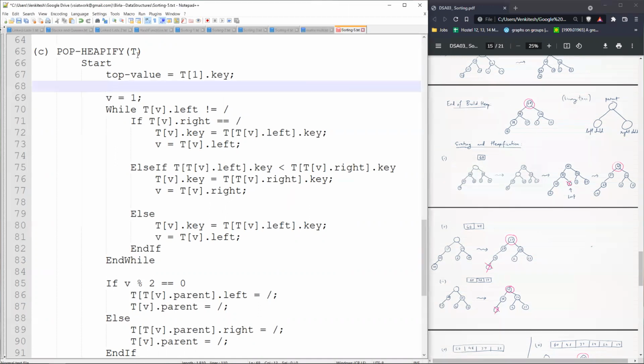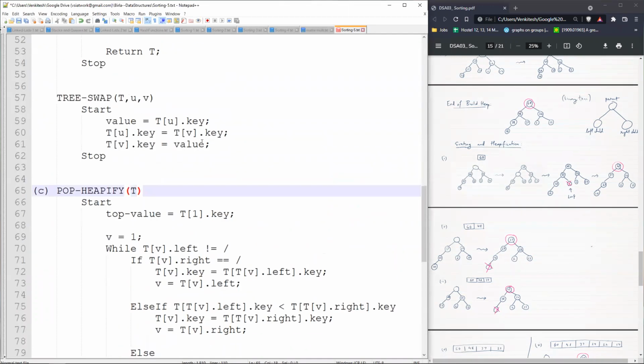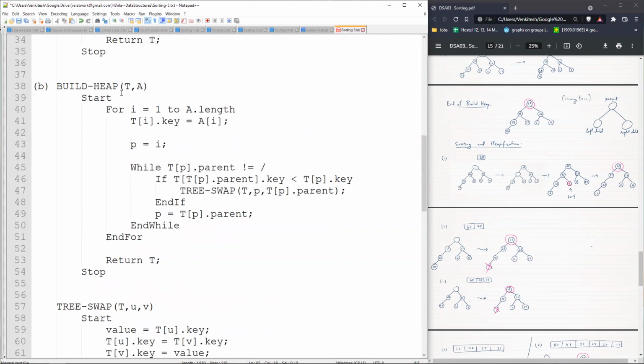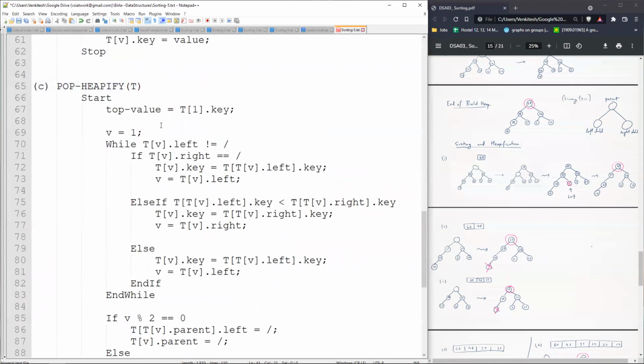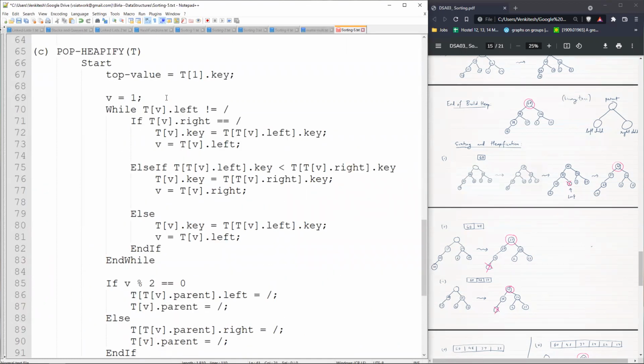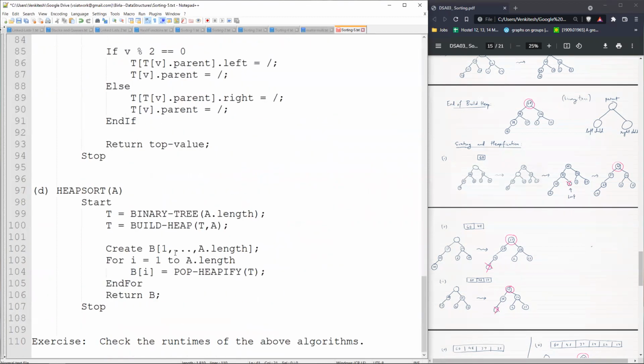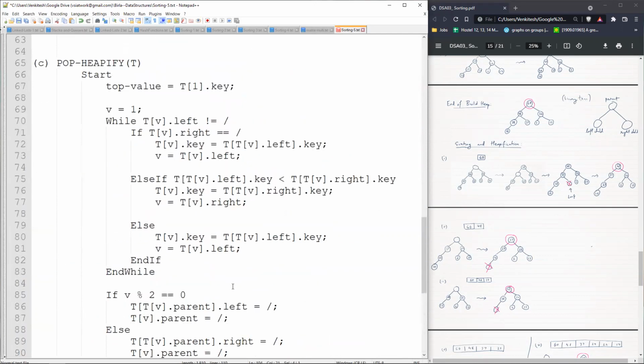So before this, we are at the end of build heap. We have the array A values entered into the tree T and heapified. So the heap property holds, build heap is complete. Now we only have to give out the sorted array, right? We have to do it only once, because in the heap sort algorithm we are repeating this again and again for each value. So it's only one process that we need to take care of.